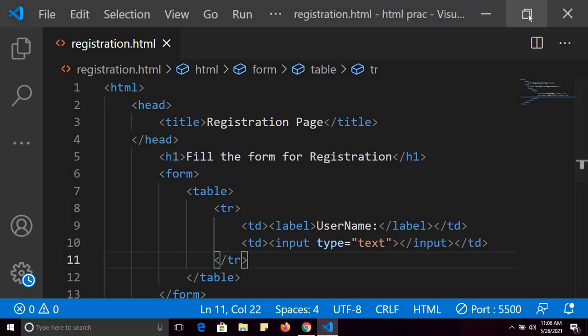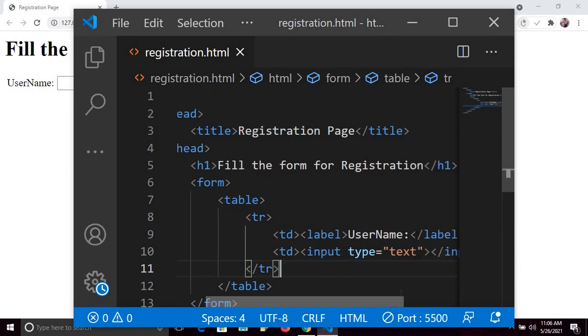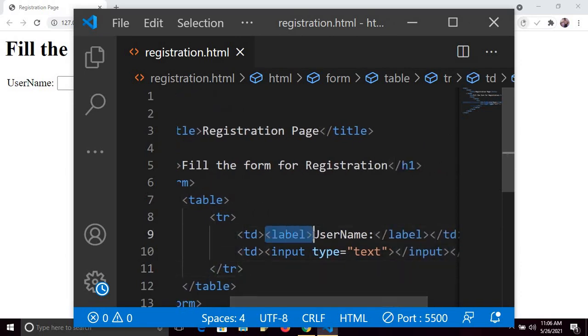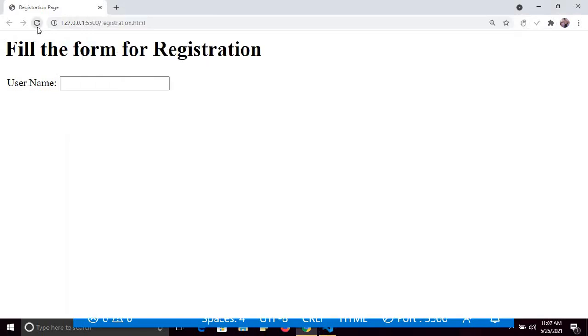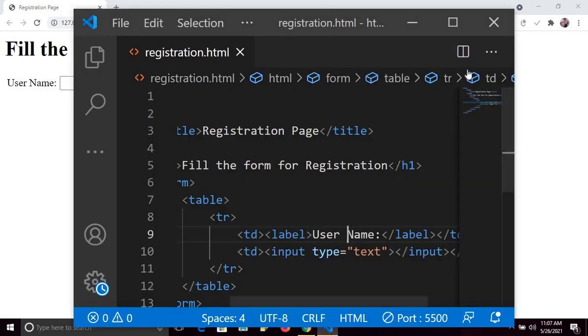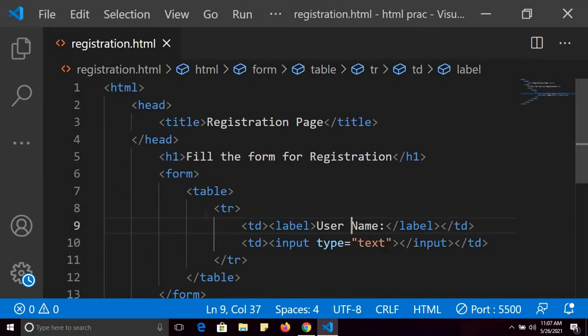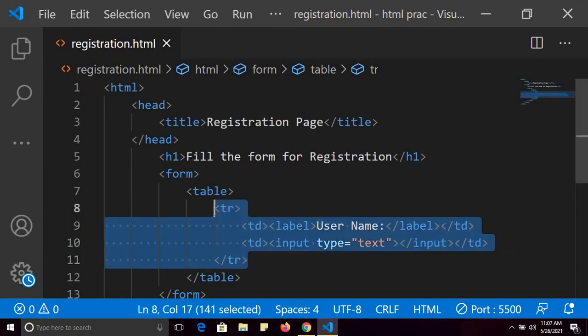For label you will use this label tag, and in the label tag I have defined username. Whatever I write here, you will see in the output. Username, and input type equals to text, it is for the text box. I am using table because if I use table, I will see a proper formatting. Now this is the one row. You can copy it